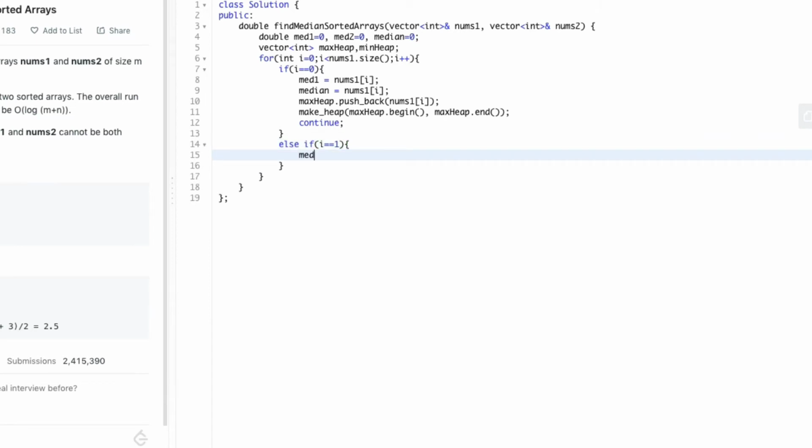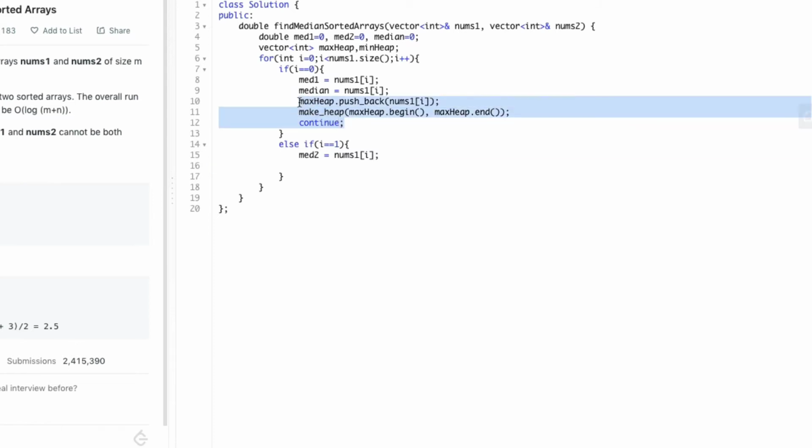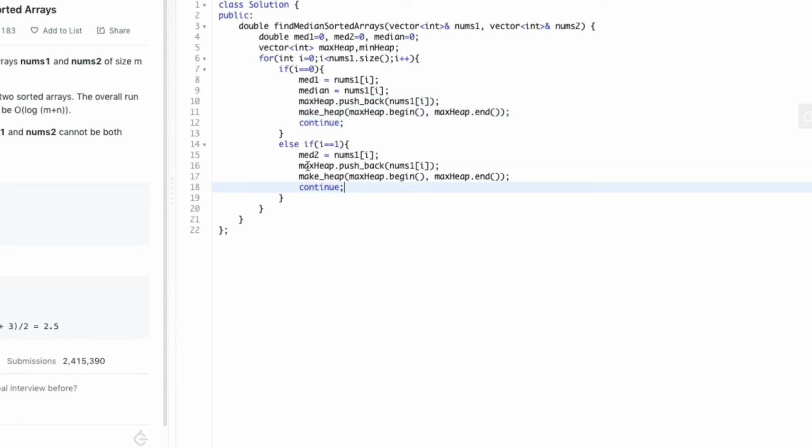Then we update the values of mid2 as nums1 of I. And then we push the element nums1 of I to min heap and call the makeHeap function to create a min heap.